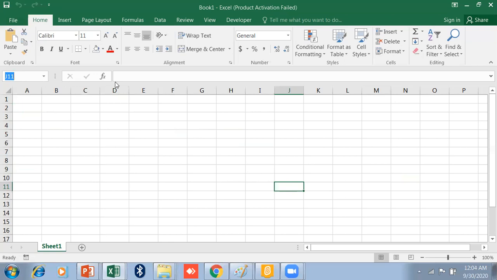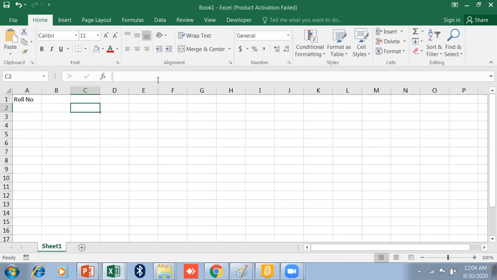Next one is the formula bar. Whatever you write, suppose I am writing a name like roll number, it will display here in the formula bar. We can also use it for calculation purposes by using the equal sign. A formula always starts with an equal sign.